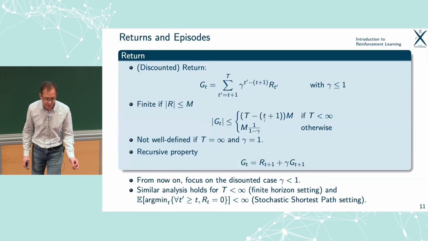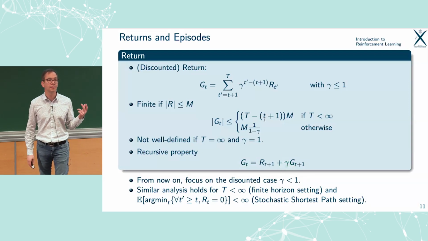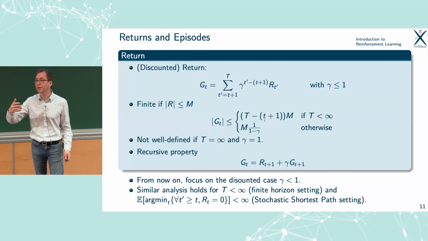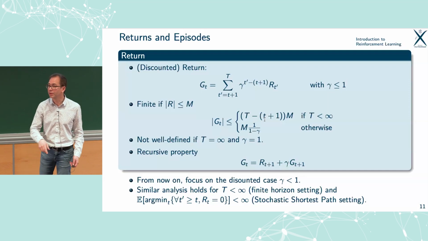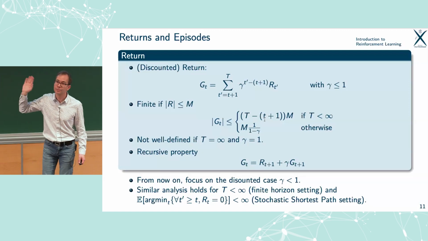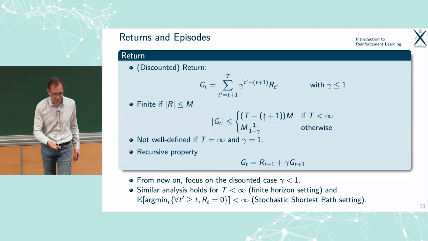The last thing I want to stress is that I'm going to rely a lot on a very simple observation, which says basically that, up to this gamma factor, what we're going to gain from now is what we're going to gain right now, the reward, plus what we're going to gain in the future. Not very clever, but that's going to be very important in the analysis.